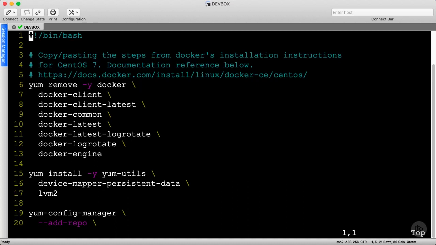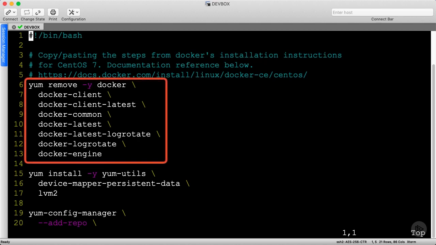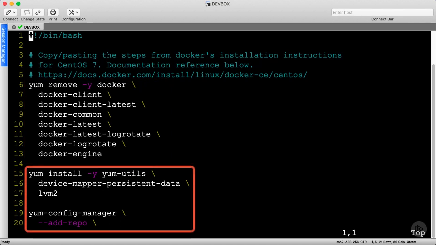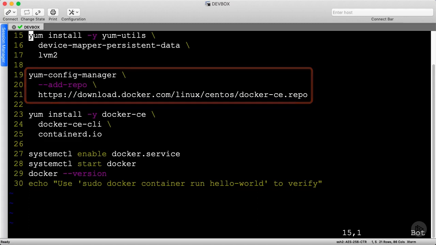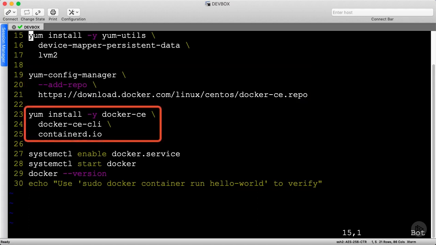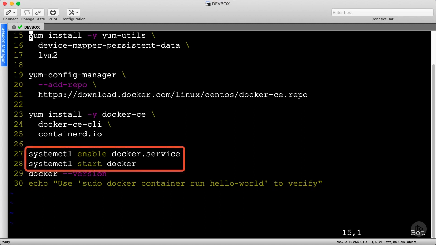This script automates the installation of Docker on CentOS, and I bet it works on any Red Hat-based distribution. First, the official documentation suggests removing any existing Docker packages. Then I install a variety of supplementary packages, followed by adding a specific Docker Community Edition, or CE, repository. After this repo has been added, yum will search it for any Docker packages, which occurs next. Once installed, we use the systemctl command to enable Docker to start when CentOS boots and manually start Docker immediately.